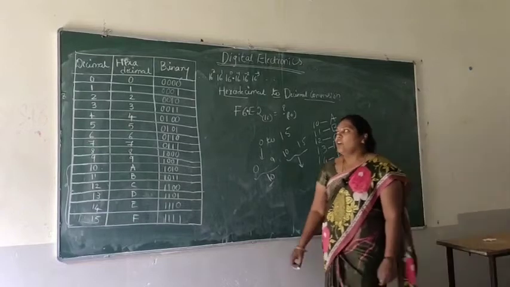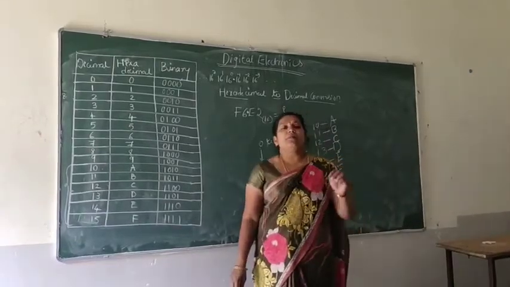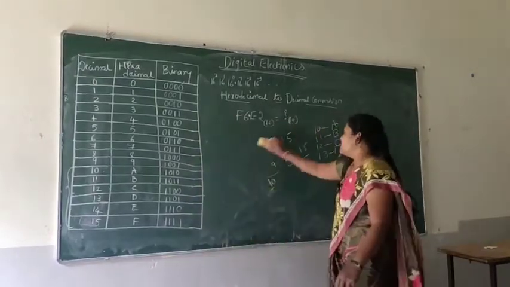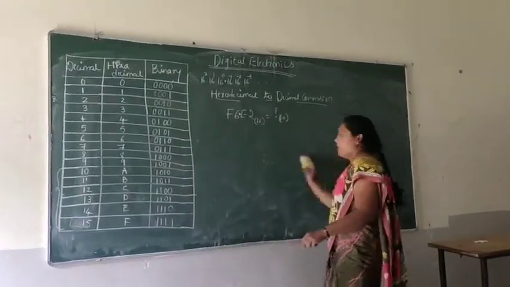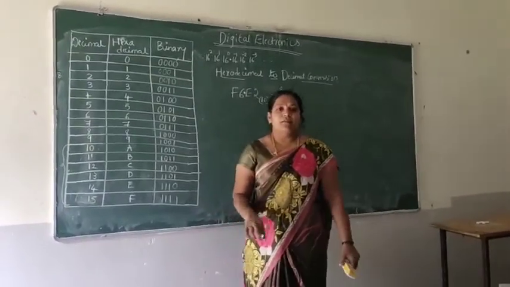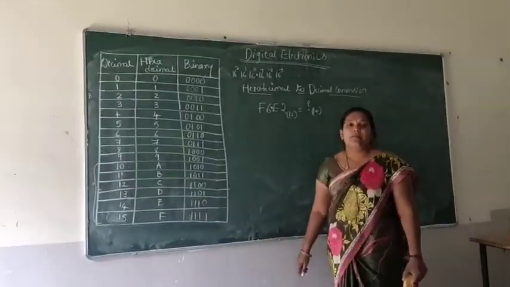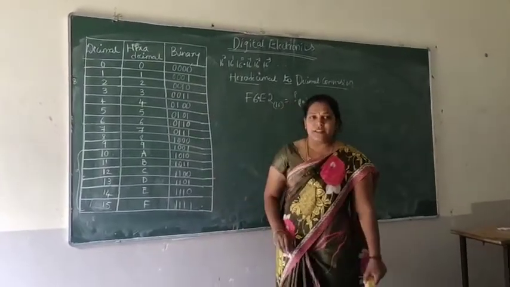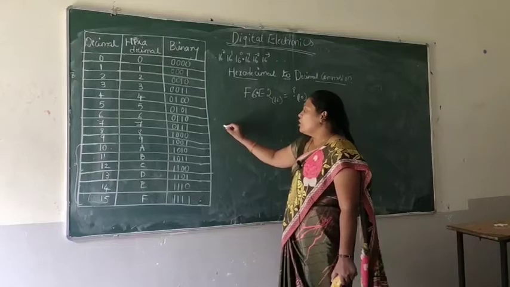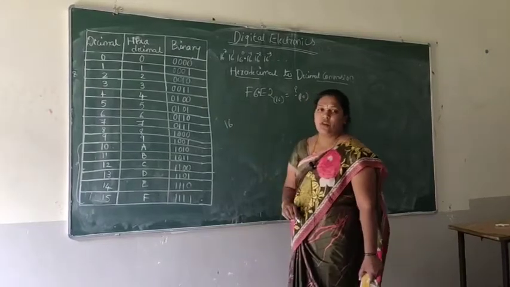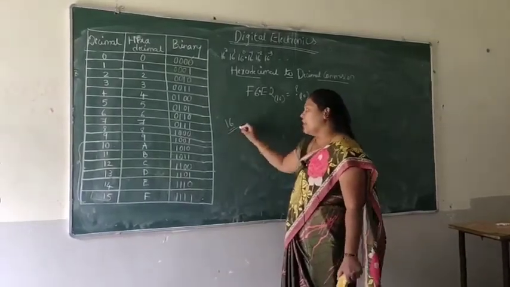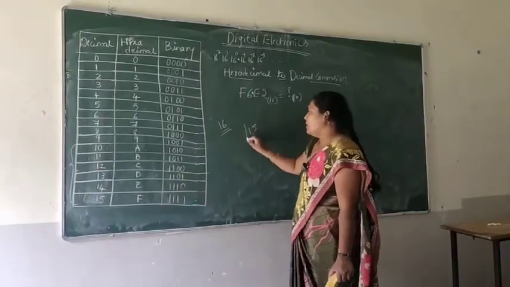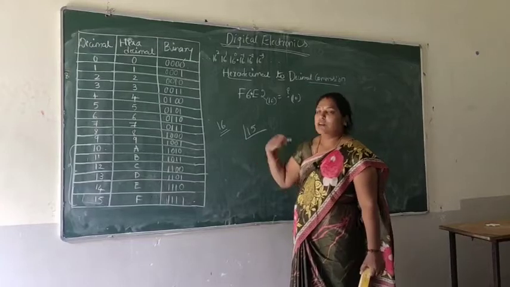Now, you have already seen the conversion from the decimal number system to the binary number system. So why am I explaining this? Here you have the values 0 to 15 represented. How many digits are there? Totally 16. So what is the maximum number? 15. So you have to convert the decimal value 15 into the binary number system.